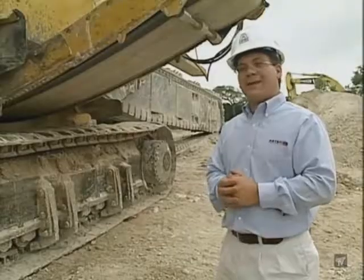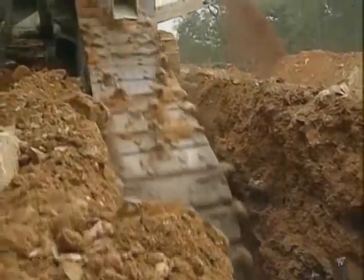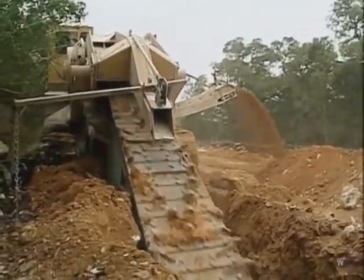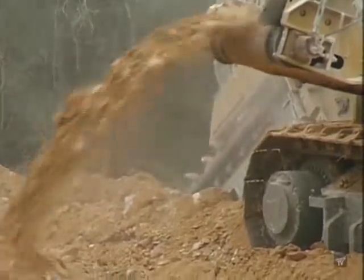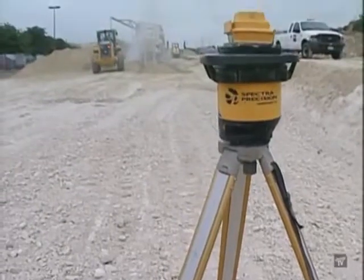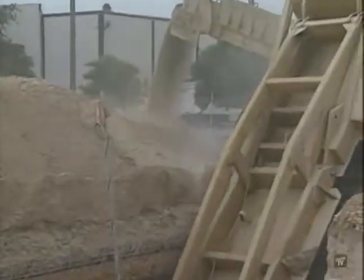You may have an existing gas line, water utilities that are already in the ground, and the contractor has to come back and lay a new line in the same right-of-way, and he may only have a couple of feet, sometimes less clearance between existing live wires or gas line. A laser-guided positioning system directs the operator as he rips through the rock, keeping the trencher level and its path